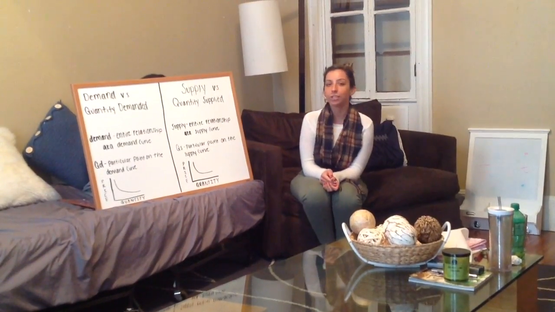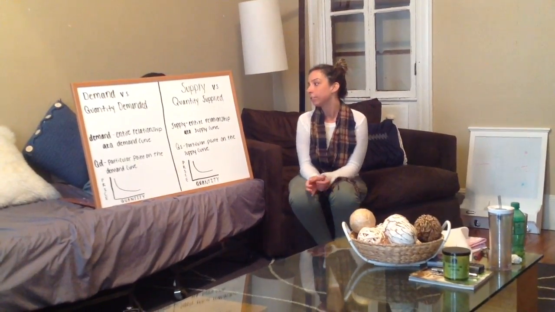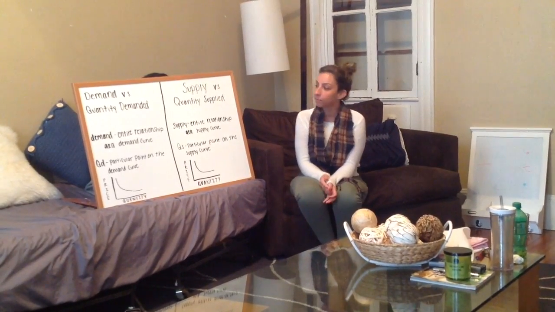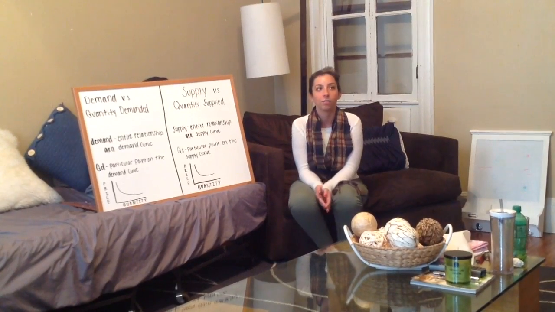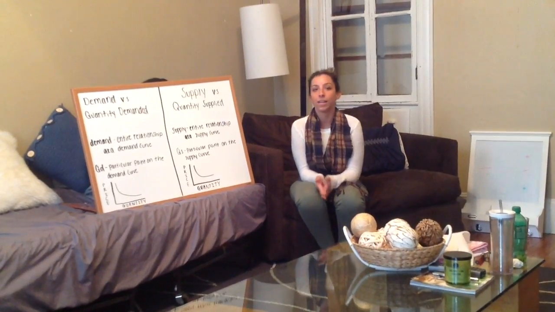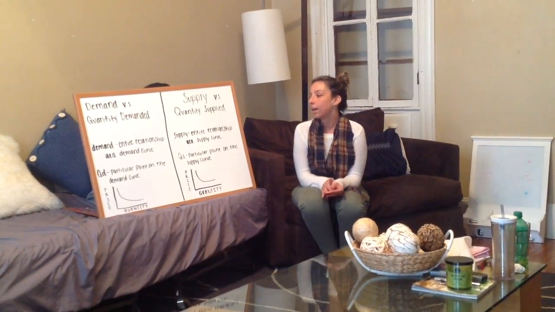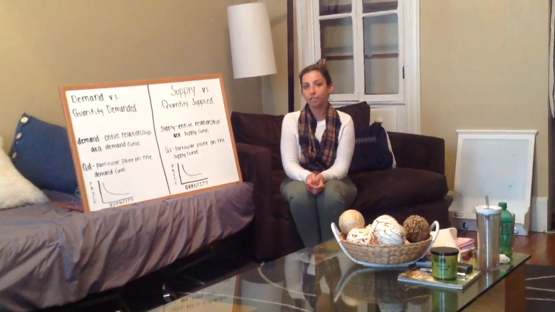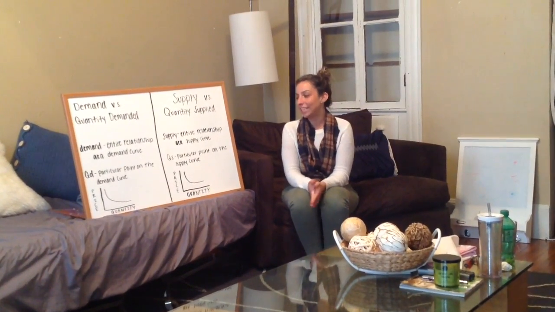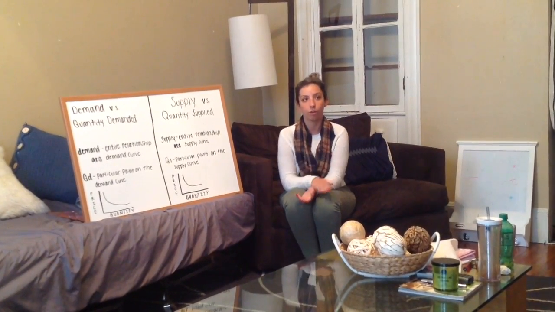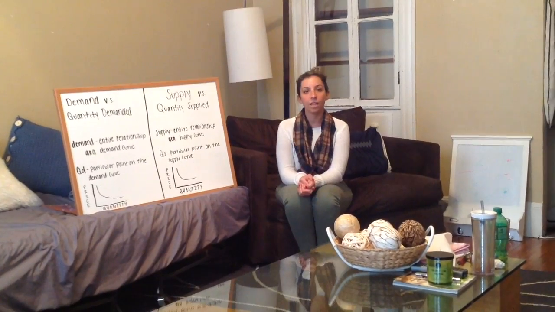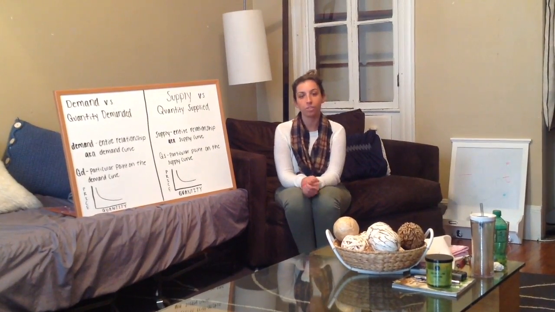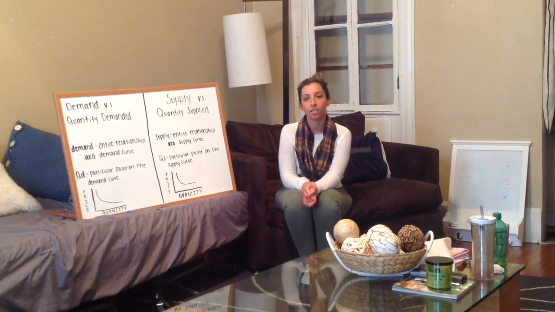So demand versus quantity demanded and supply versus quantity supplied go hand in hand. Demand is the entire relationship between prices and quantity of the product or service people want at that certain price. And this is referring to the demand curve. So QD is a particular point on the demand curve. An increase in demand would be the whole curve shifting due to the determinants listed before. And an increase in QD would be a shift along the demand curve, and this is caused by a price fluctuation.